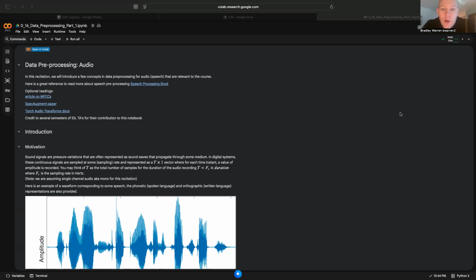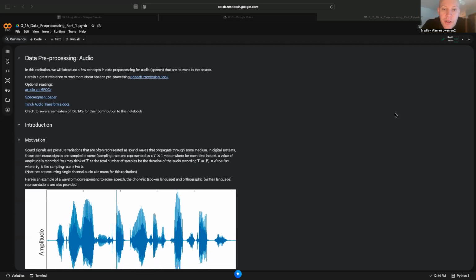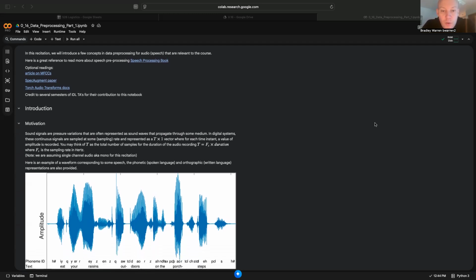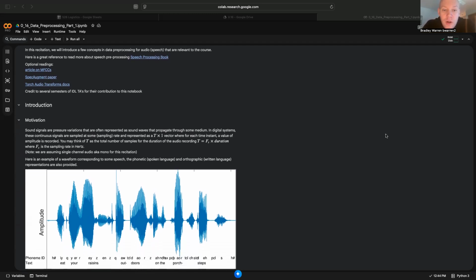At a high level, this notebook is about turning raw data into something usable. In machine learning, signal processing, and data science more broadly, the hard part is very often not the model. It's everything that comes before the model: loading data correctly, understanding its structure, transforming it into a form that algorithms can actually work with. This notebook walks through that entire process step by step, with the goal of helping you build intuition, not just